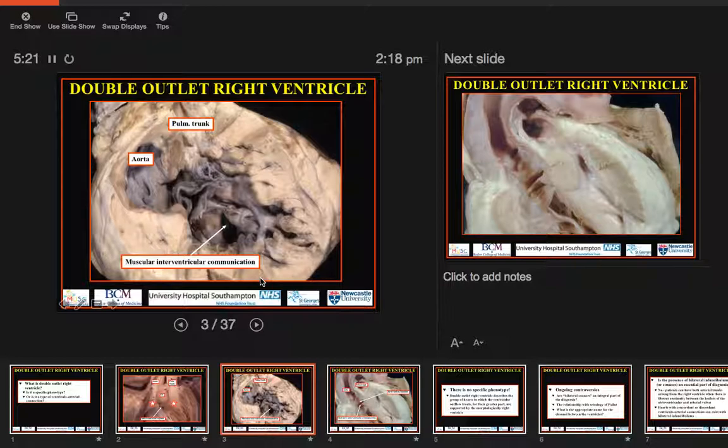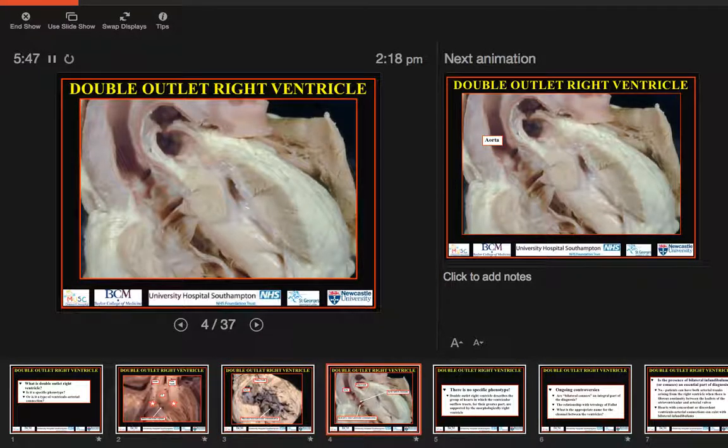interventricular communication. Now, nobody is going to doubt the fact that these hearts have double outlet right ventricle, because not only are both arterial trunks obviously arising from the right ventricle, each of the arterial valves is supported by a completely muscular infundibulum. And it is that point that has created the problems in the diagnosis of double outlet right